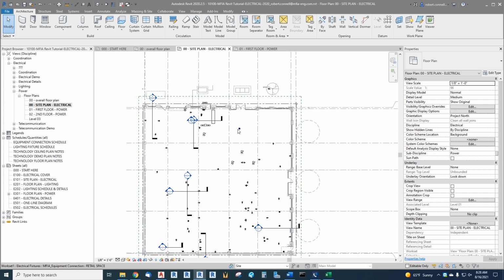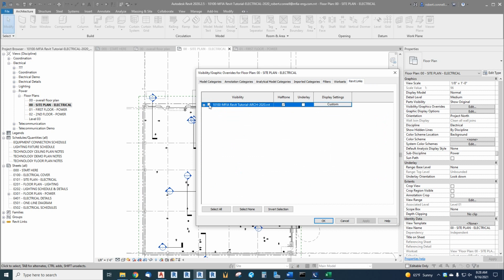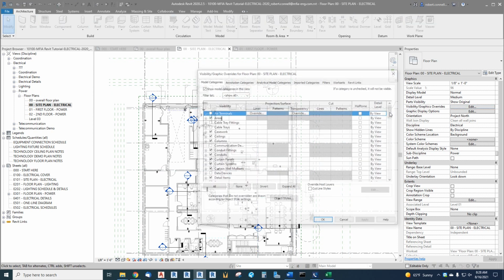So that's great, but how do we get rid of this stuff now? Well, now that we have our separate work sets, we can turn off the categories for this work set 1. And we just will actually turn off the entire work set 1. Now, we already turned off our model in this. But if we didn't turn off the model, let's put the model back on. Remember we turned it off in this view? Put the model back on. The model happens to be on workset 1. So now if we actually turn off the workset